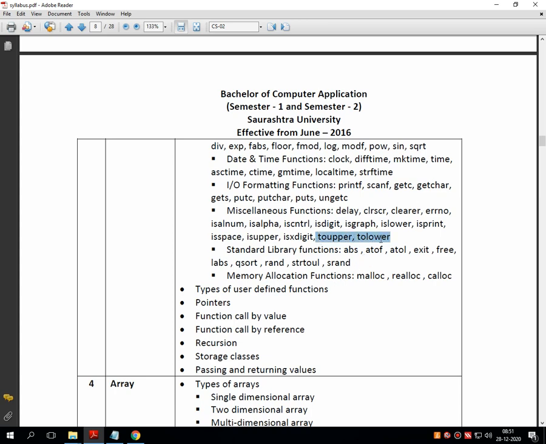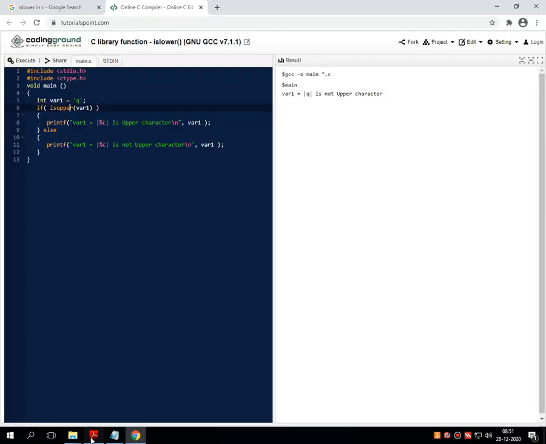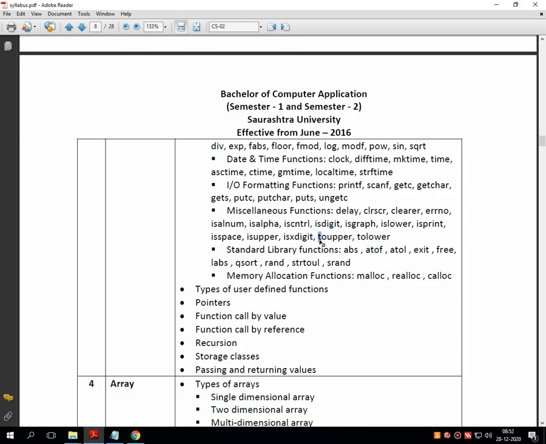These are the conversion functions. Say for example, what is the functionality of toUpper? The toUpper function will convert an entire string from small case to uppercase.